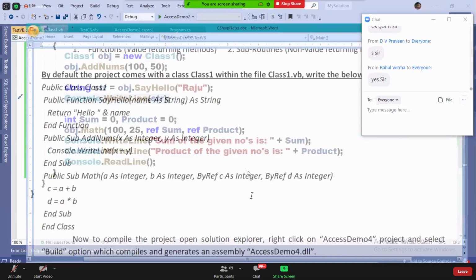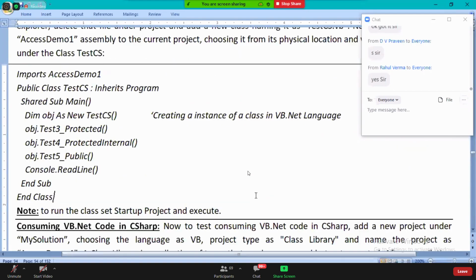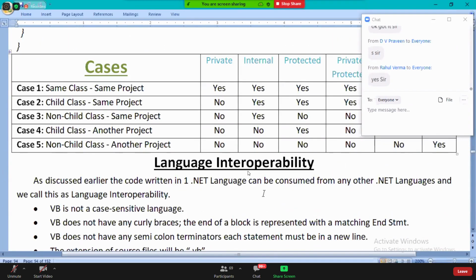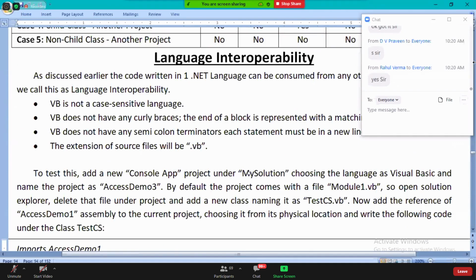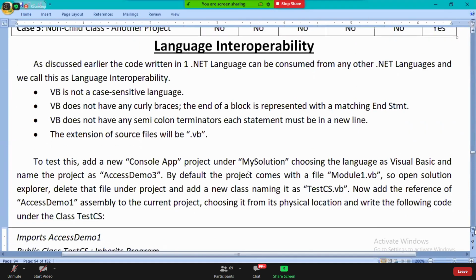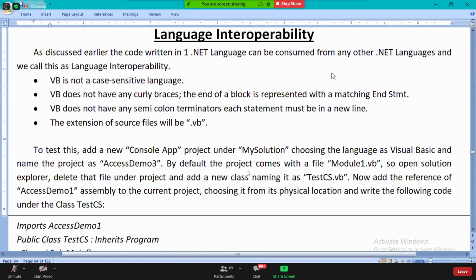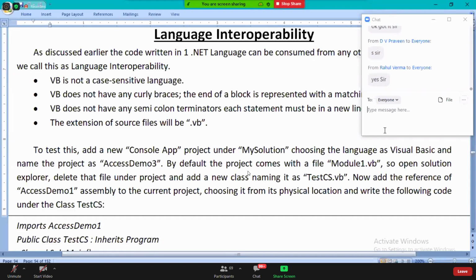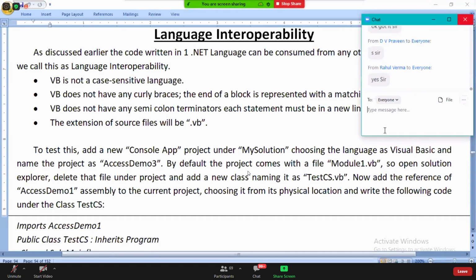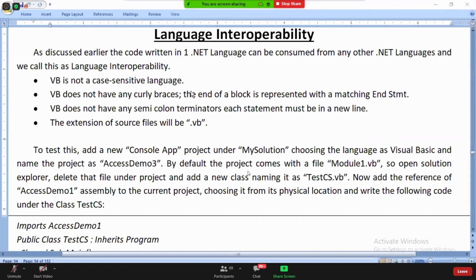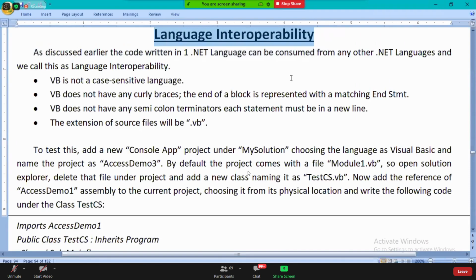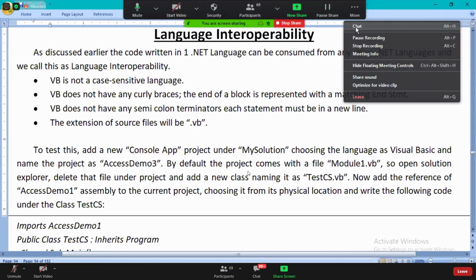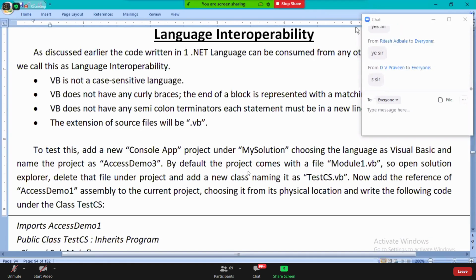Seriously, please keep reading this. Just give me 5 minutes. Yesterday, guys, I don't know whether it is the climate change or something, but my throat is swelling up. I'm not able to even drink water. I have that much congestion in the throat. Just give me 5 minutes of time. Meanwhile, keep reading here. All of you have notes now. Keep reading this language interoperability. Just 5 minutes, guys.